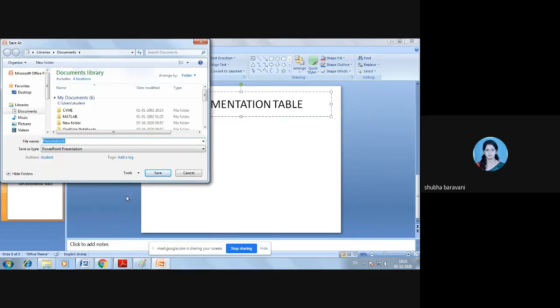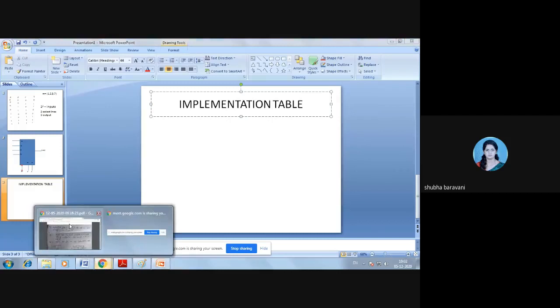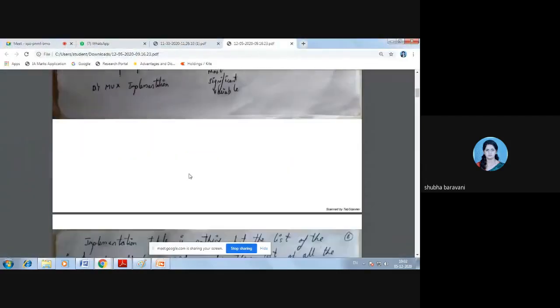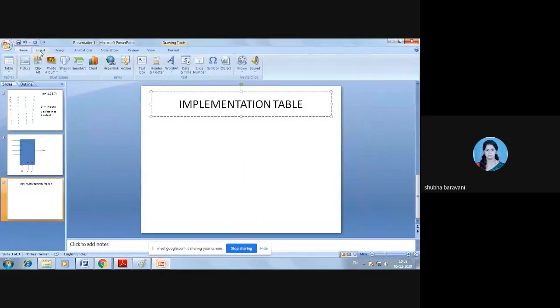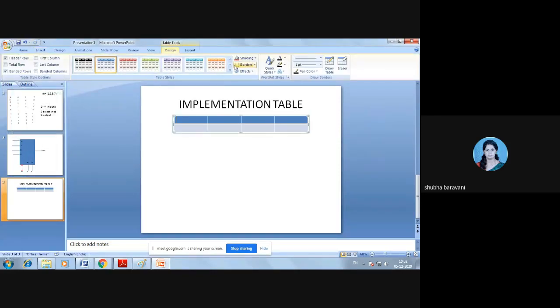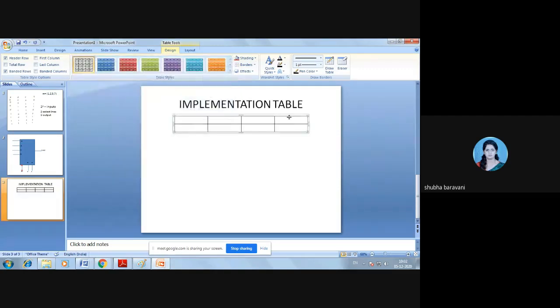So we'll go back here. See, the implementation table is nothing but the list of all inputs of a multiplexer, and under them a list of all the minterms in 2 rows. So I'll create 2 rows.